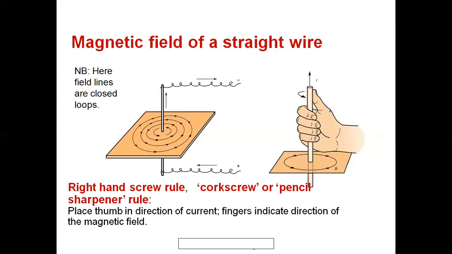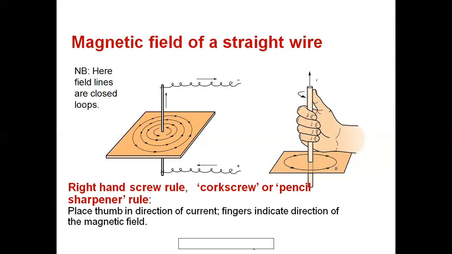Place the thumb in the direction of the current, and curl the remaining fingers around the conductor. The thumb indicates the direction of the current, and the curved fingers indicate the direction of the magnetic field. This is your simple right hand thumb rule. We can state it like this: hold the current carrying conductor in the right hand such that the thumb points